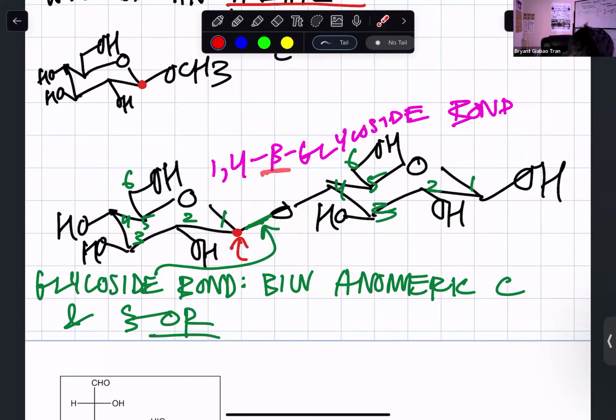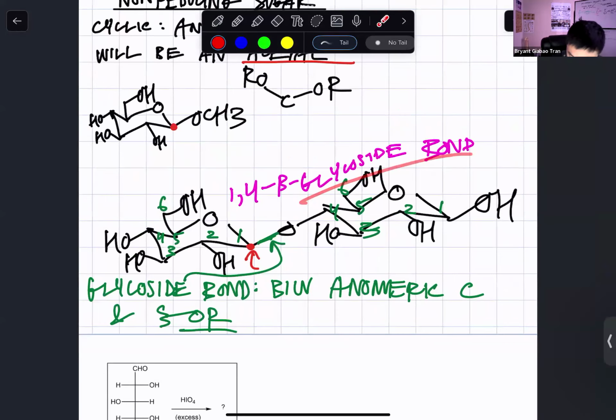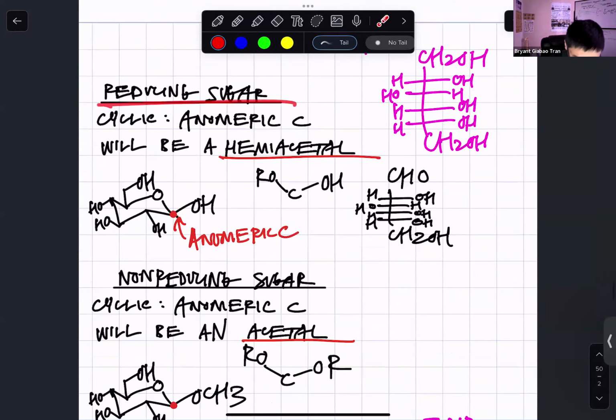And this is a beta glycoside bond because we see that this glycoside bond here is facing up, which is on the same side as the CH2OH, cis, right? So if it's facing up on the same side as the CH2OH, then that is considered the beta glycoside bond, right? Like that. So that's how we determine the glycoside name